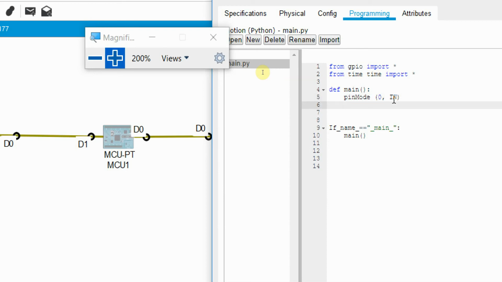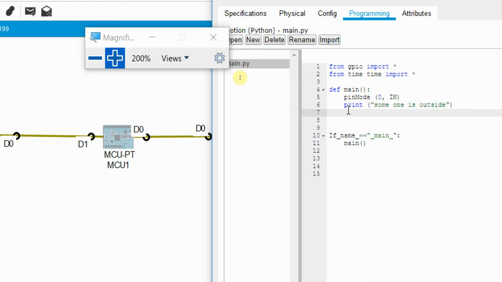This is the input pin, as I told you, connected with D0, so I write pin number 0. This is my input. Then simply I will write a print command, and the message is someone is outside. Simple program.